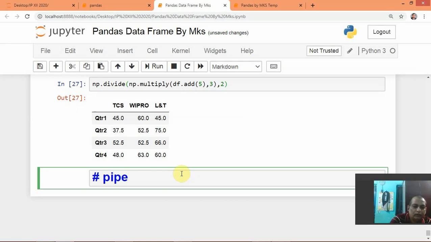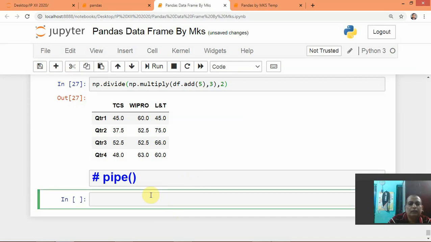The pipe function does the same work that we have seen now. One function's output becomes input for the next function, and the output of the next function becomes input for the third function. Like that it will go on.